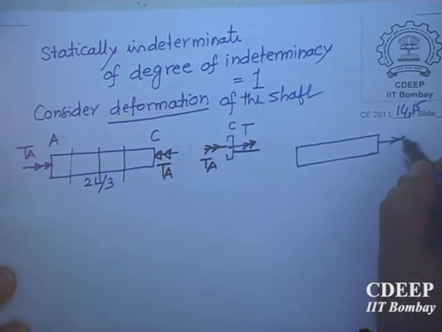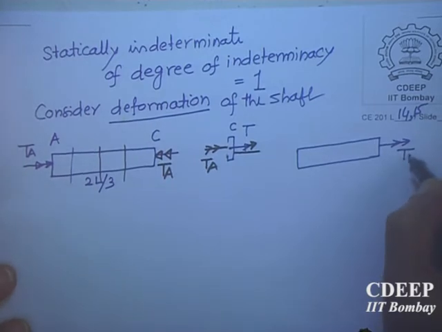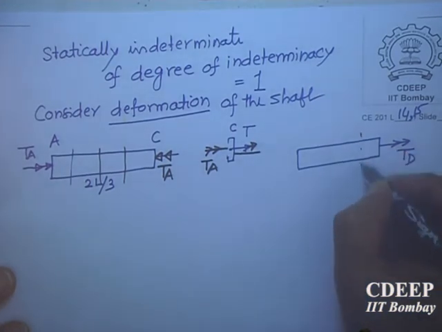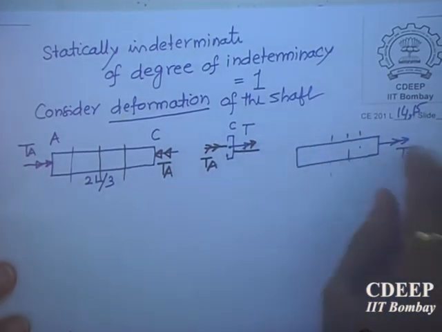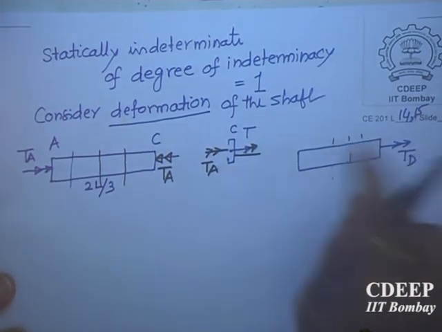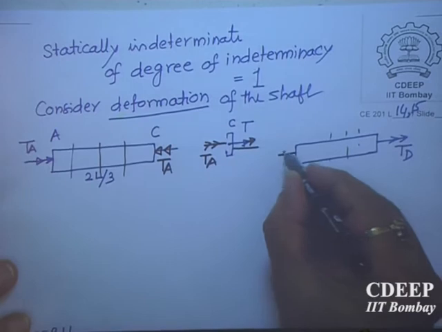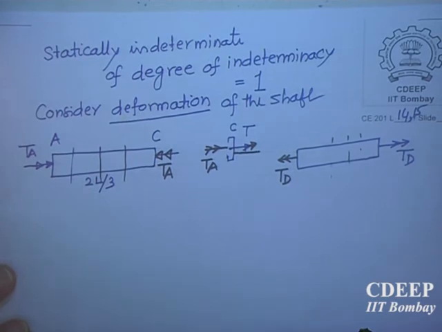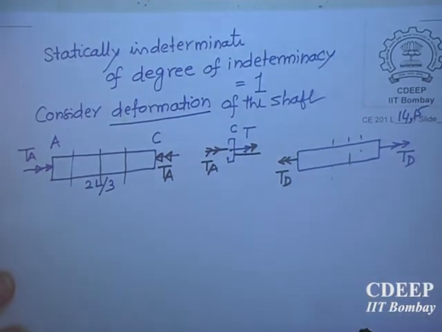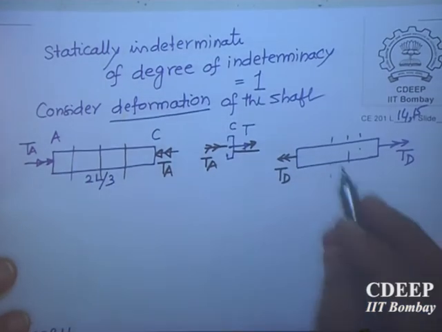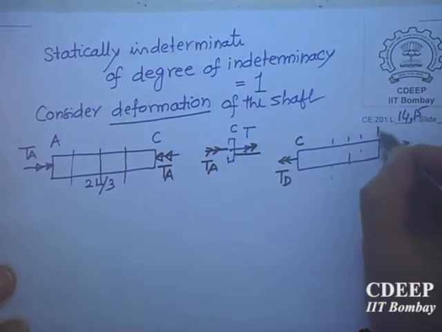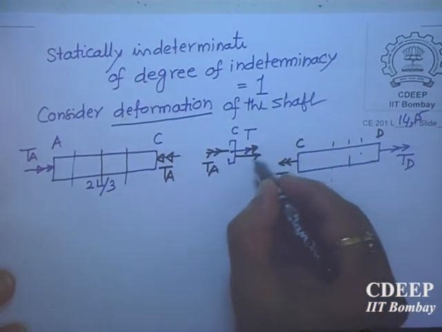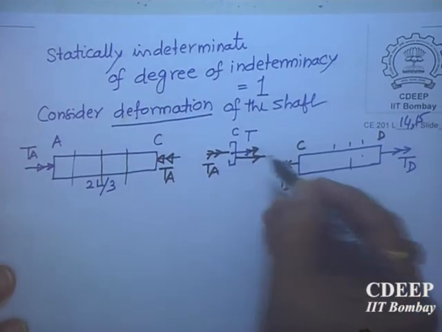Then similarly, when you go on the other side, this one you've already assumed, it is TD, I think, right? Yes, TD. Now TD, anywhere in this rod, there is no other torque. So it is subjected to the same TD, and the direction has to be, in order to keep this in equilibrium, TD. Then only this is in equilibrium. This point is C, and this is D. So here, if it is like this, that means here it has to be like this.